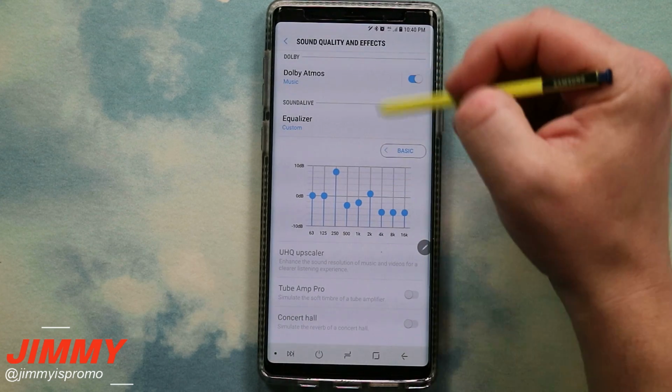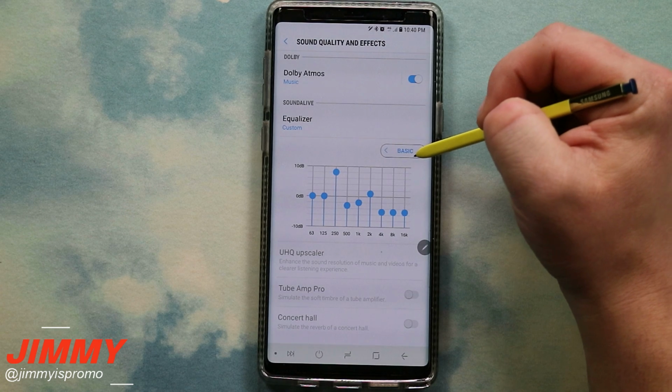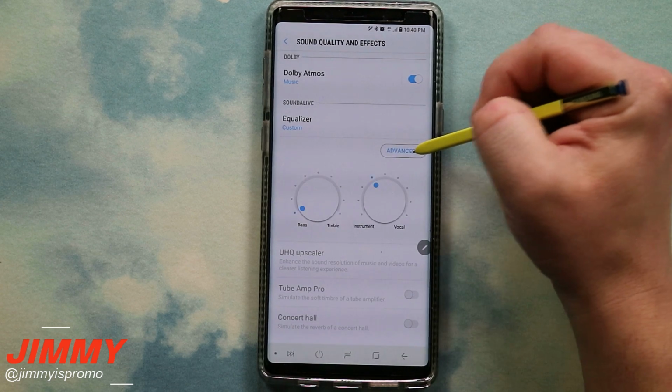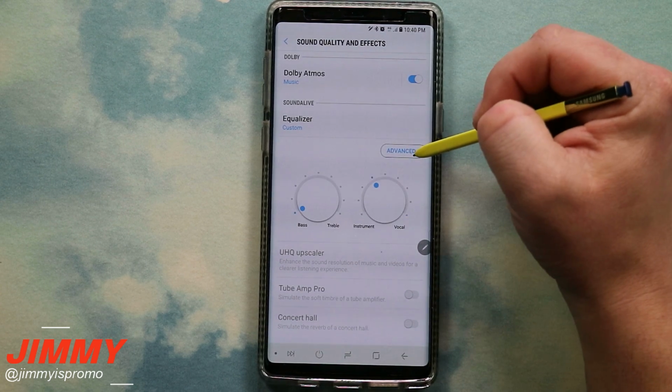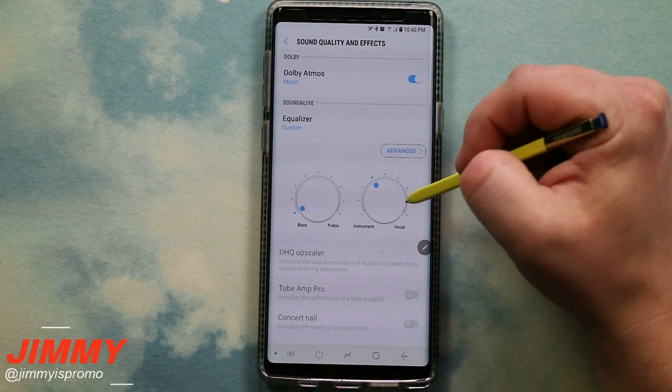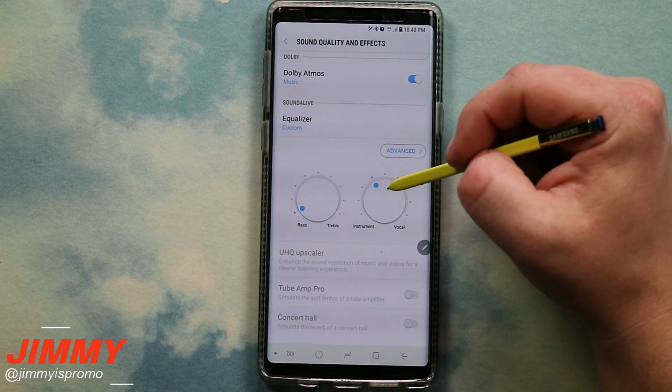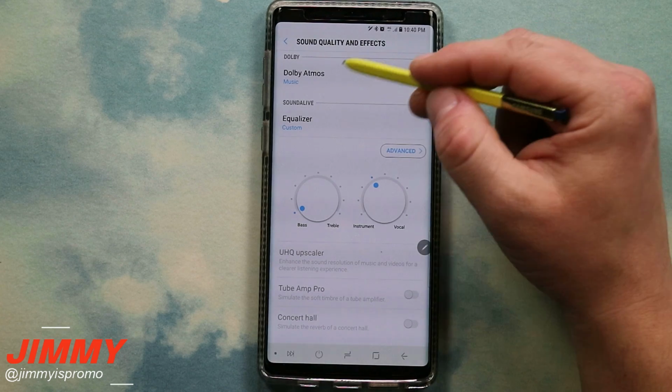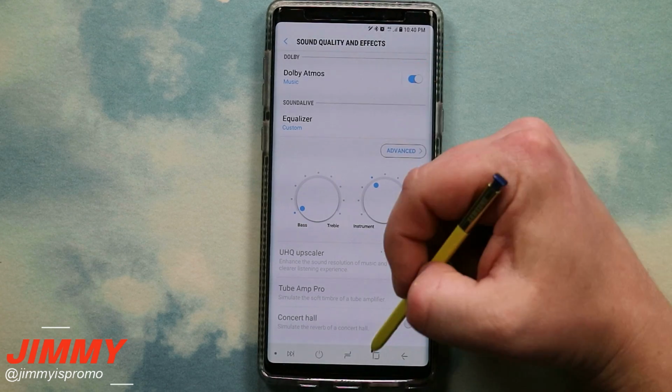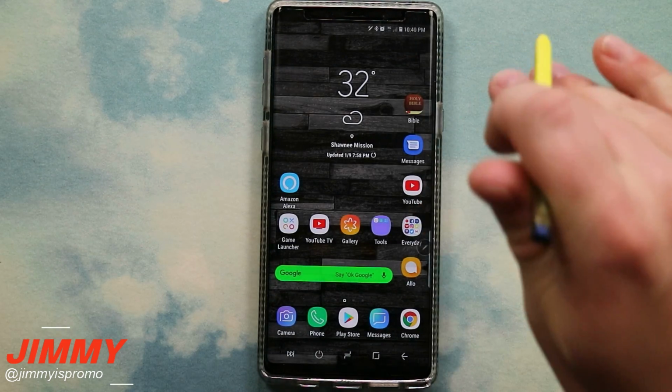This is pretty much how I have my settings set up. I don't need to go into the advanced setting of this. I just have this one set up as basic. Checking this out, I just want to see two wheels. I want to have a little bit more bass, a little bit more instrument, a little bit less vocal. I have my Dolby Atmos set up on music, and then this is going to sound fantastic when I'm connected